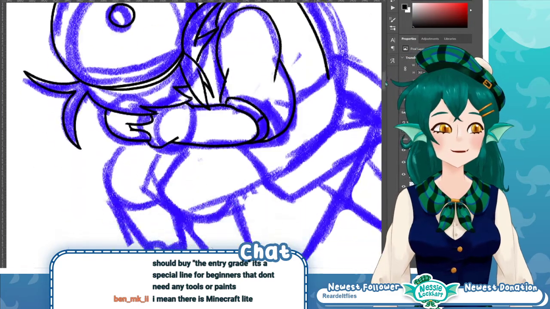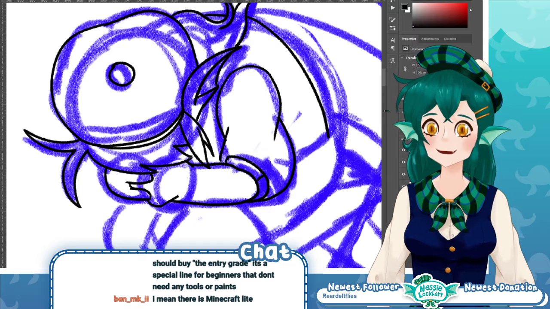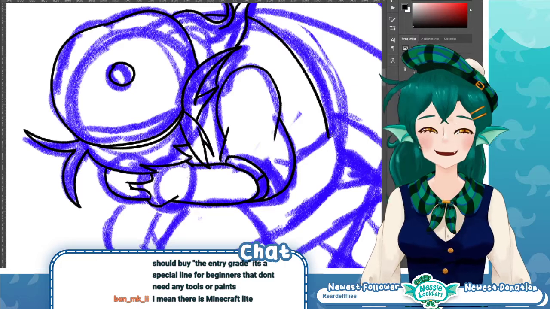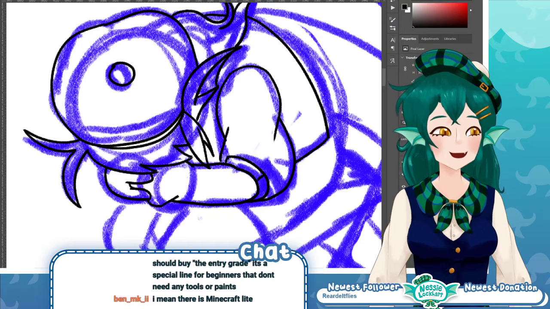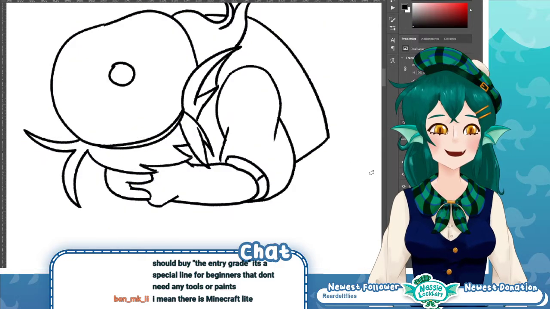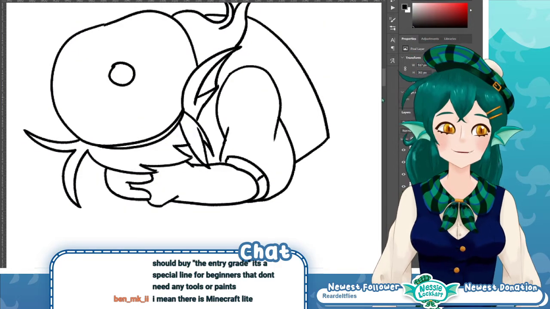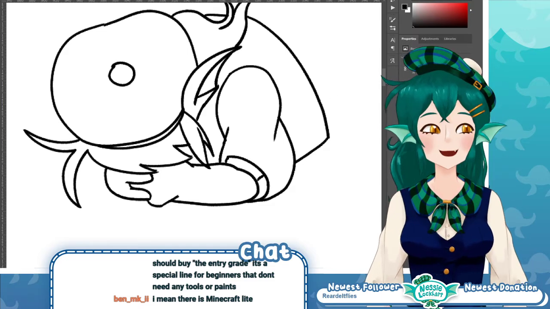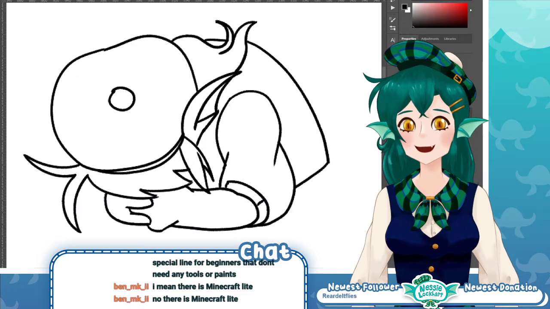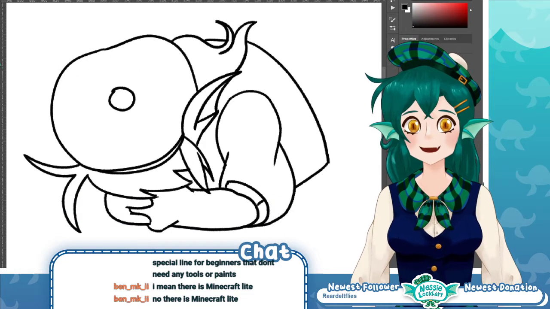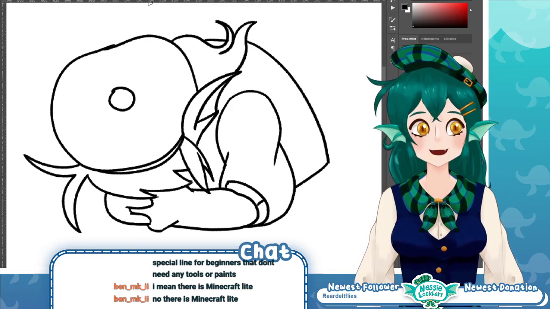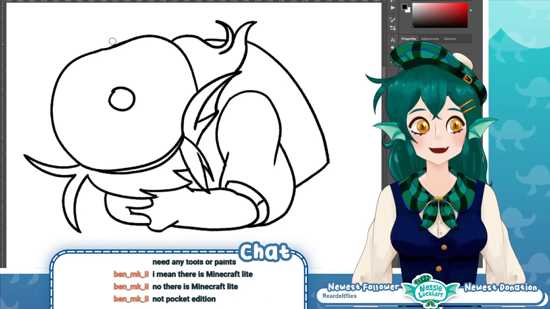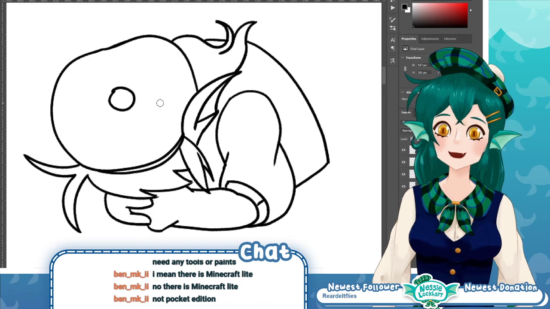I don't know if I'm pensive enough in this picture. I mean, there's Minecraft Lite, like Pocket Edition or something? I don't know if I really want to do that. I was kind of joking. I would just like to play full Minecraft. I'm not new to world-building games. That's mostly what I've played. I know Sims isn't really the same thing, but it's a similar thing where you're building. And Stardew Valley is kind of a similar game, too. Same with Animal Crossing. We're just kind of starting from scratch.